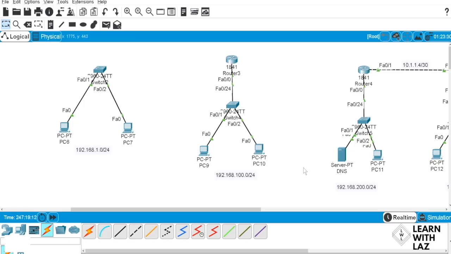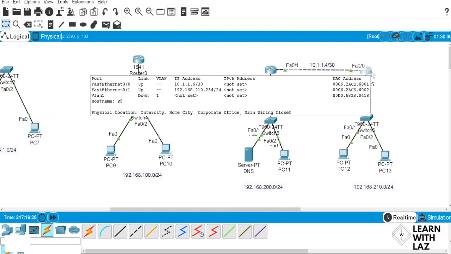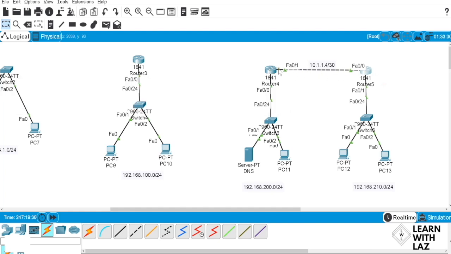But again, where do you want to set your DHCP server? Here's my DHCP server here. Let's say this is New York and this is Miami. Miami is going to get its IP address from the New York DHCP server. Really? You're going to go across a wide area network to get an IP address? I can see it if your ISP is giving you an IP address because we need to get to the internet and all that good stuff. But for internal use, you have a DHCP server for that.